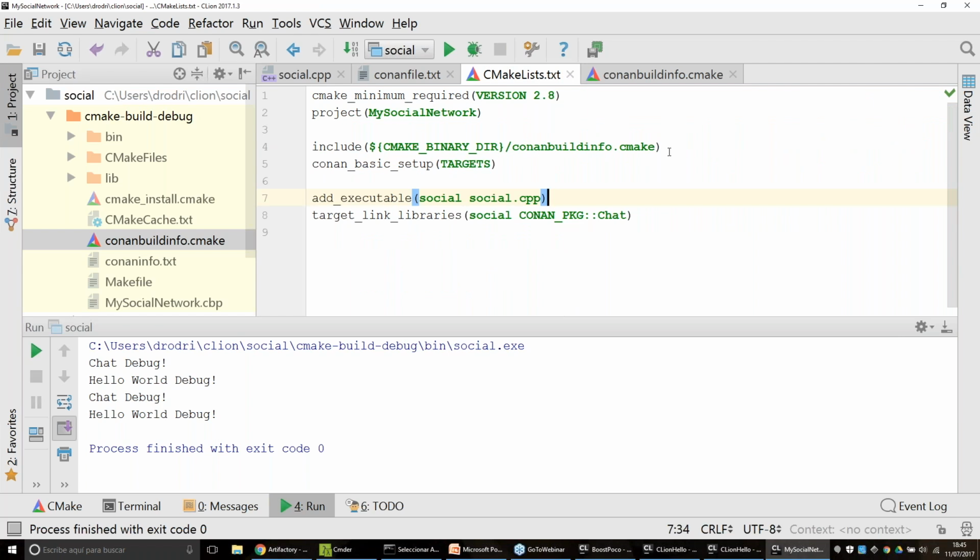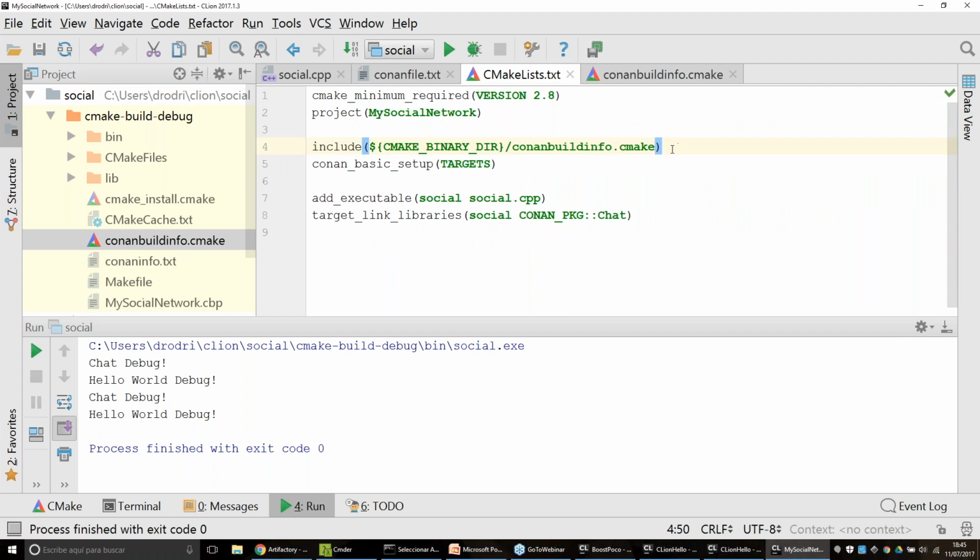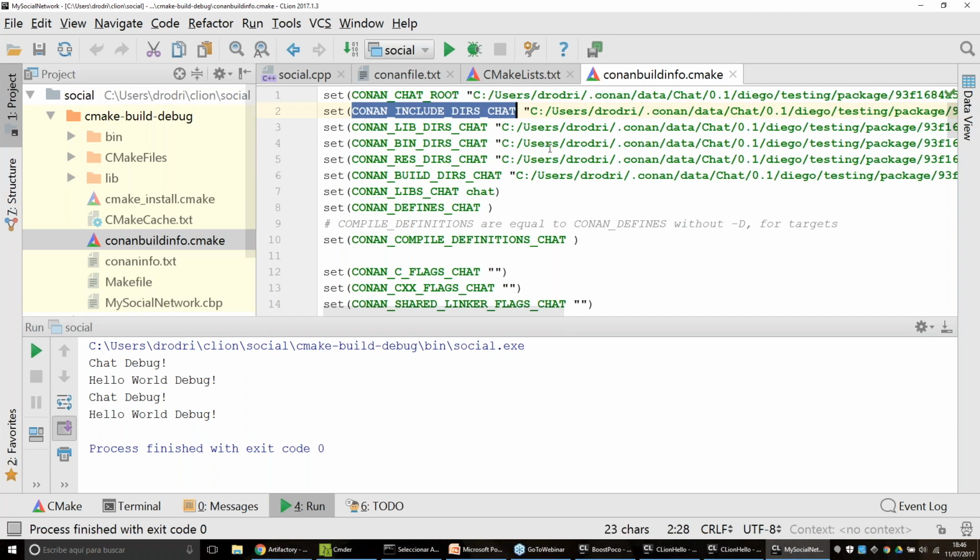So you can now understand why there are two steps here. In the first one, we include the file, so we get all the variable definitions, and calling this macro, we will just use those variables to really define the CMake build. The good thing about this is that this is the perfect place